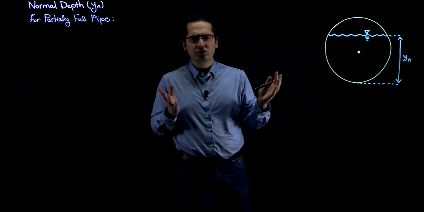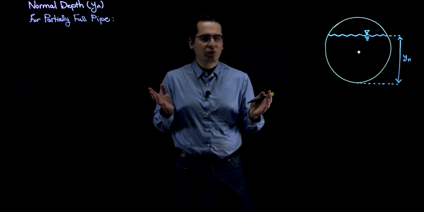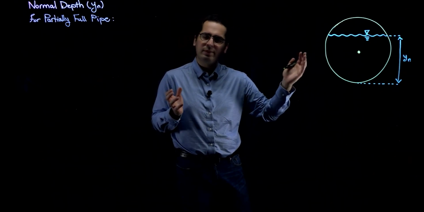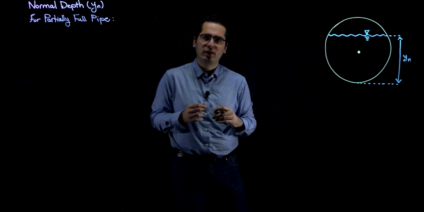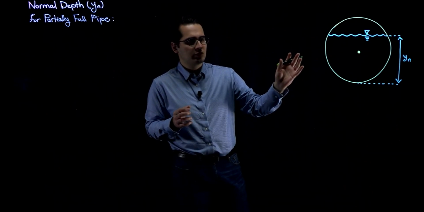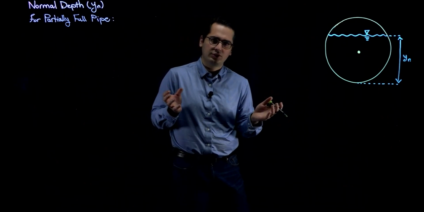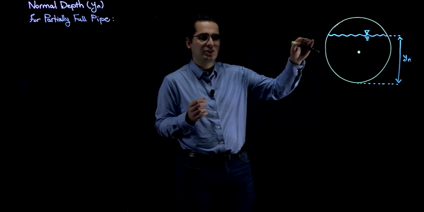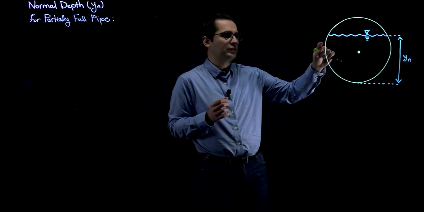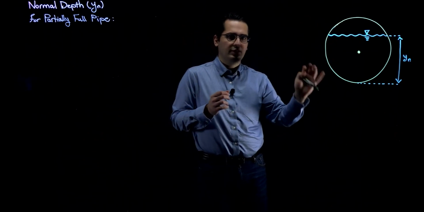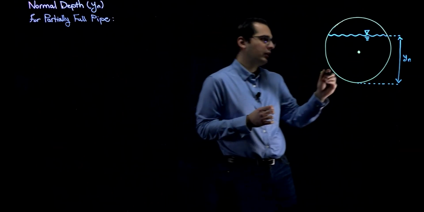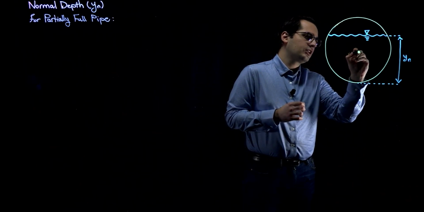All right, but first of all, why is it going to be important? Why do we need to find normal depth for a partially full circular pipe? This is going to be important when you are learning about culvert design and you want to design a culvert that is not full and the barrel of the culvert is circular. You're going to use this theory. All right, so with that, I'm going to define some